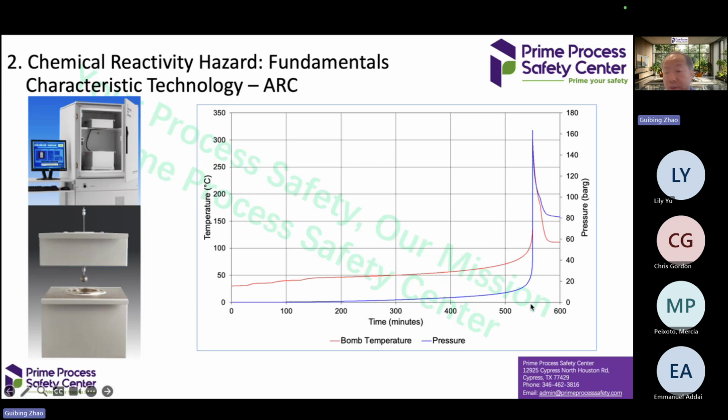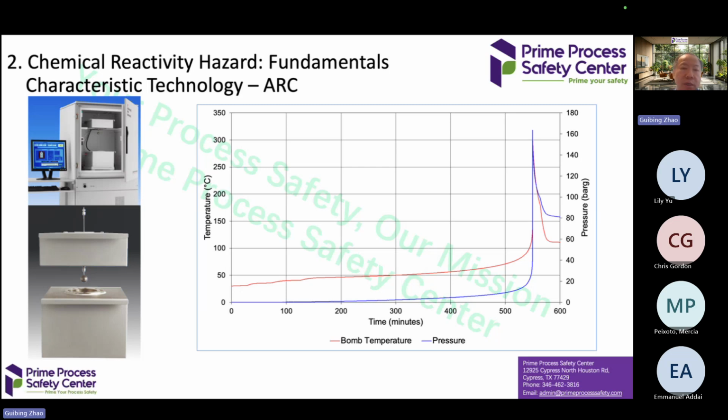Also, from the pressure increase, we can see how bad it could be. Say the pressure rise at some temperature is very, very sharp. That also tells us the maximum pressure it could reach. And usually from this temperature curve, we can deduce the reaction kinetics, such as reaction order, activation energy, and the pre-exponential factor. So ARC testing is an adiabatic test and usually gives very good information about runaway reaction kinetics.